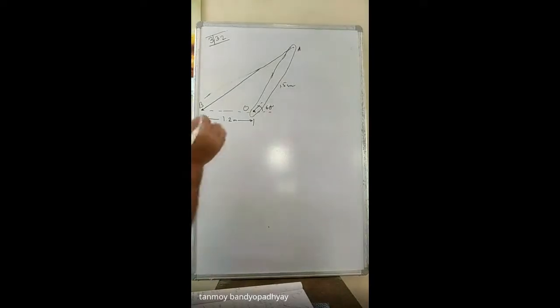And the entire weight of the bar, M, is given to be 18 kg. Determine the tension in the cable and the magnitude and direction of the external pin reactions at the point O. So we need to determine the tension T in the cable, and then the reactions at the point O. So at the point O, what will be the reactions?